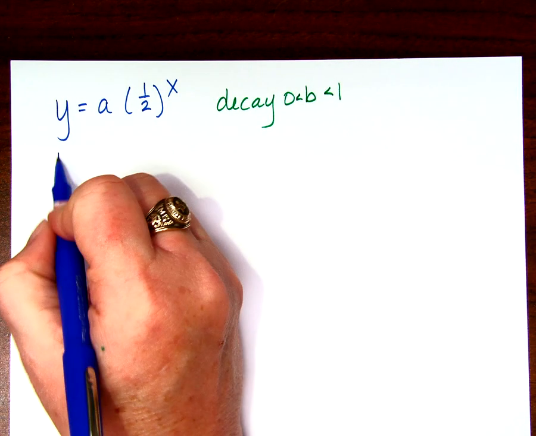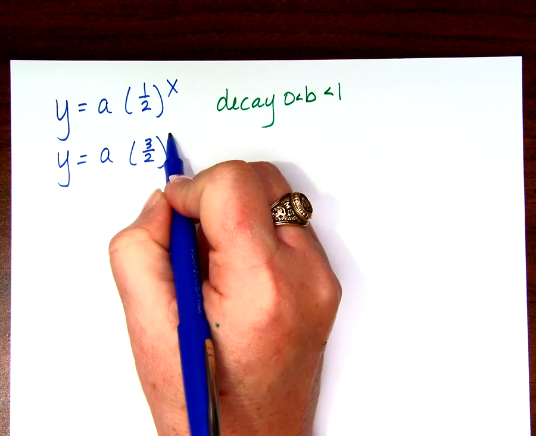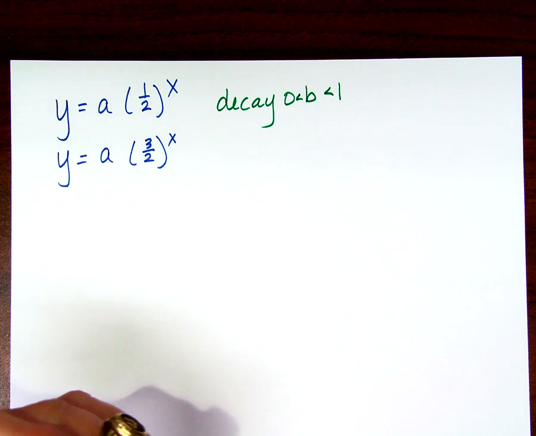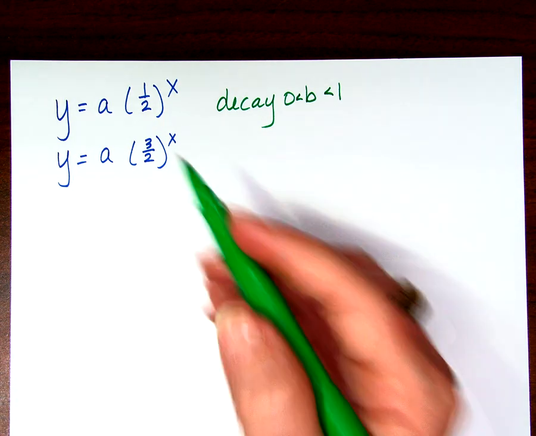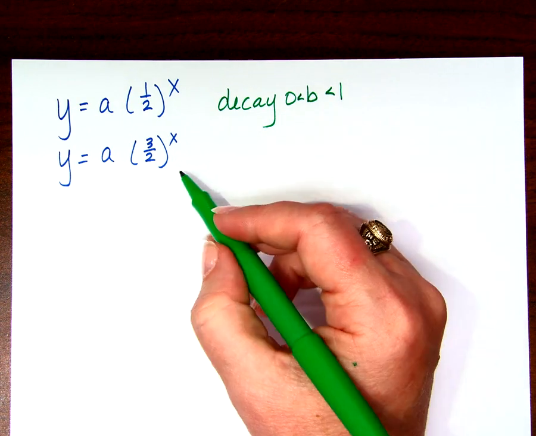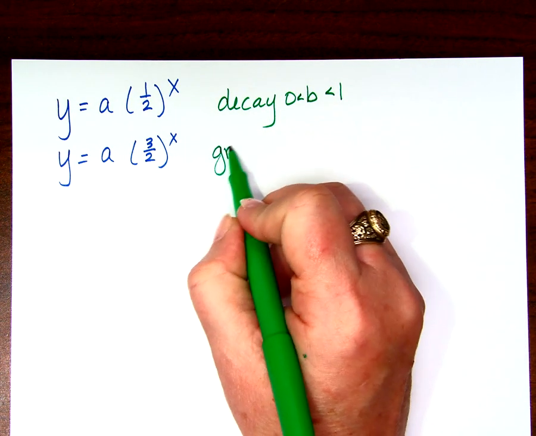So what about a problem that looks like this? Y equals a times 3/2 to the x power. Is that growth or decay? So why do you think people might say decay? Because it's a fraction, right? But I was very clear yesterday that we can't just think it's a fraction. We have to think about whether it's between 0 and 1 or whether it's greater than 1 for this exact reason right here. Okay, so this is growth